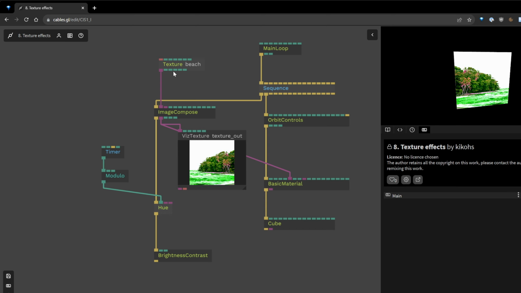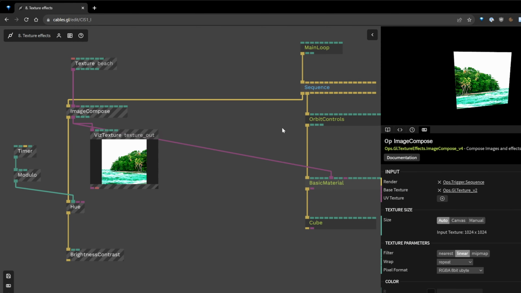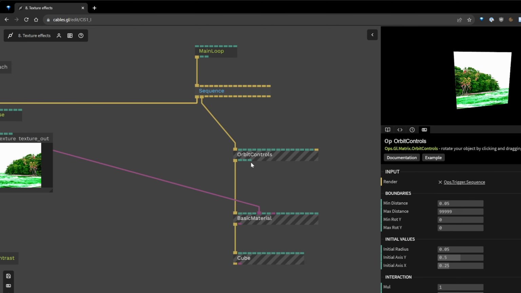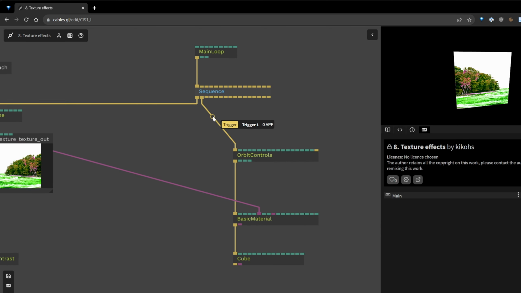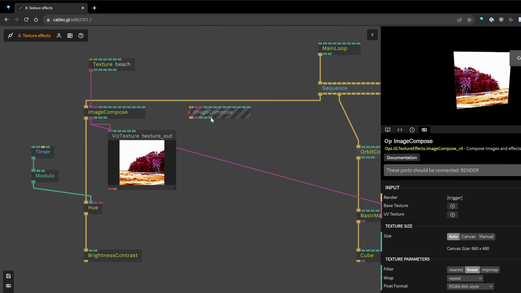What if we want to create our own image and we don't need to load any kind of asset? So we'll basically have to use some kind of effects to create some patterns or some things that we can use and apply to our cube here. So let me create another image compose, because as always, you can create as many as your computer supports, basically, a new image compose